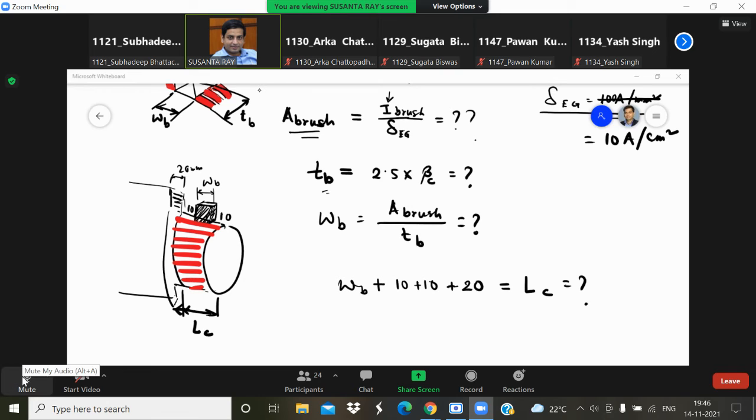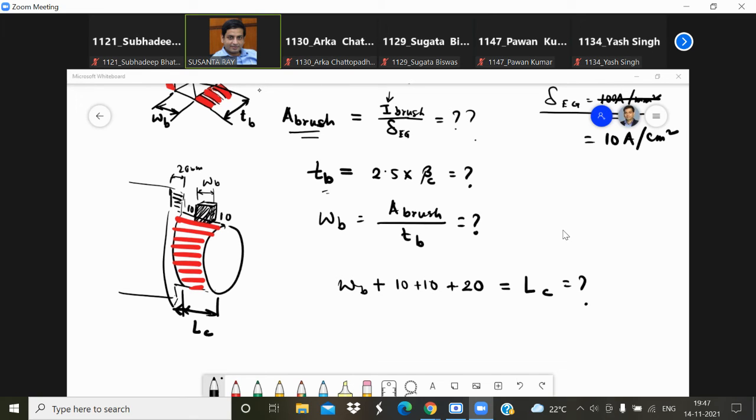Okay, so those who have a large number of coils can have a little longer commutator. Those who have a larger number of coils can have a longer commutator, meaning a higher LC, but those having fewer coils should have less LC. Sir, for my machine the coil was 164, and I think according to that I'm getting a larger value of LC, 211.43 mm. What is the LC value you are getting?